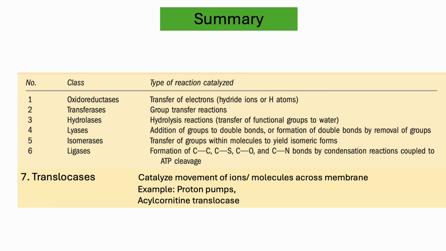Let's talk about the summary of this section. On the basis of the reaction, we can classify enzymes into 7 groups. These are EC number 1, 2, 3, 4, 5, 6, and 7. First one is oxidoreductase, transfer of electrons, that is hydride ions or atoms, accepted or donated. And then transferases, the group of transfer reactions. They can transfer acyl group or amide group or ammonia or others. And